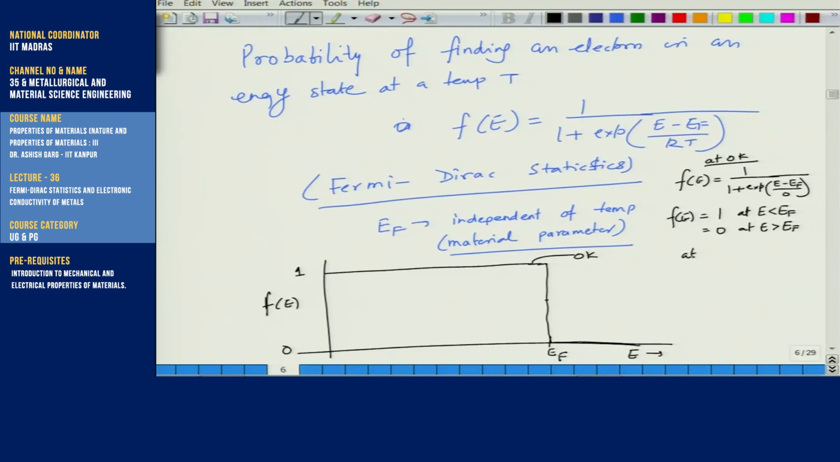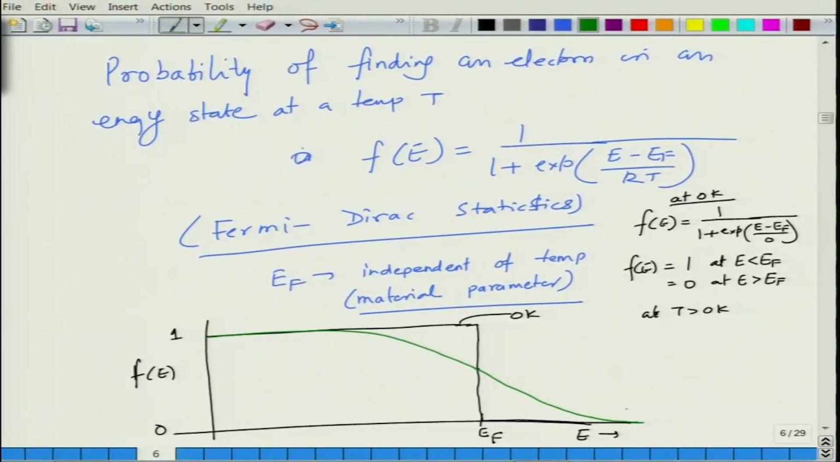At T greater than 0 Kelvin, if you now make a plot, the curve takes a shape which is something like this. So essentially this area is equal to, so this is at the temperature T1 which is greater than 0 Kelvin. When you further increase the temperature, let us say this is at a temperature